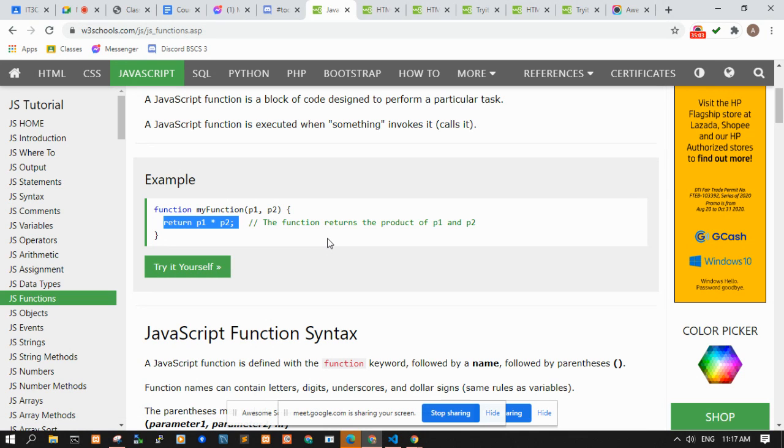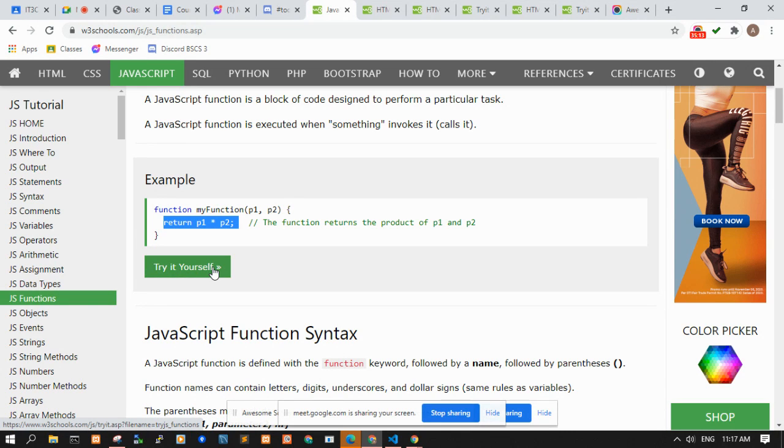In, I think, ES 2015, you can declare functions using what we call the arrow functions, wherein you can just declare the name of the function equals the arrow and then the parameters.